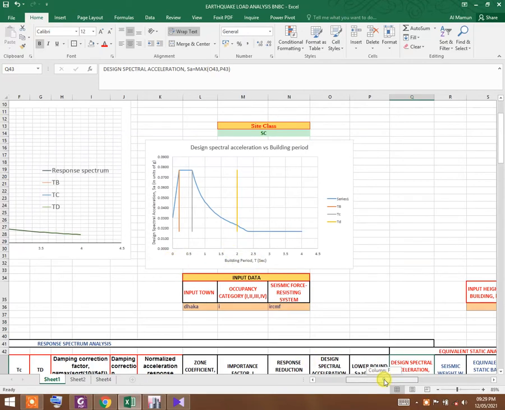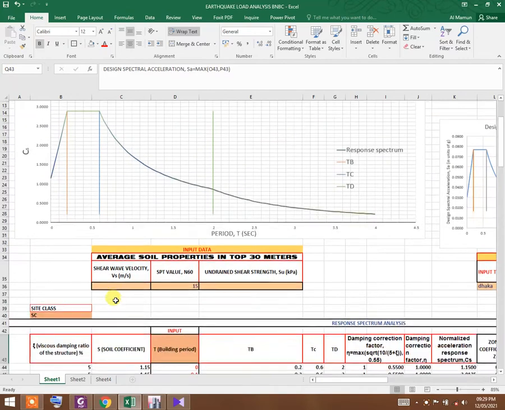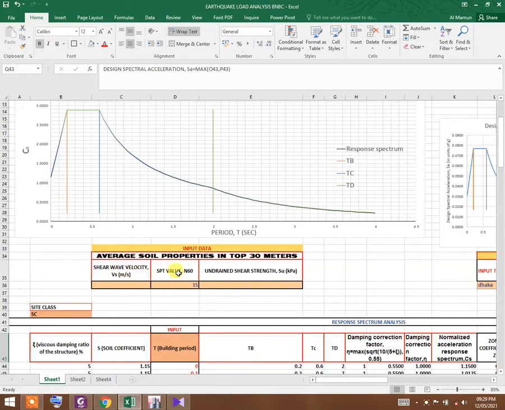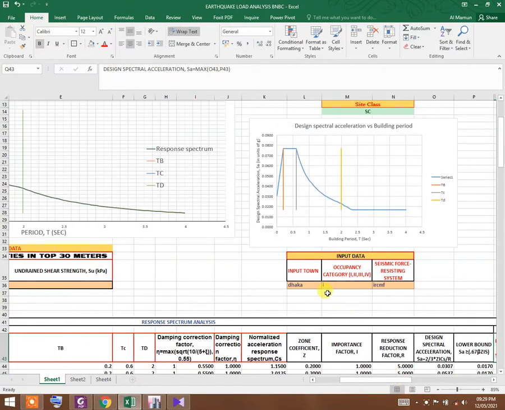The design spectral acceleration is a function of shear wave velocity, SPT value, or undrained shear strength, and a function of regional data, building occupancy category, and seismic force resisting system. That may be intermediate reinforced concrete moment frame, special reinforced concrete moment frame, ordinary reinforced concrete moment frame, etc.